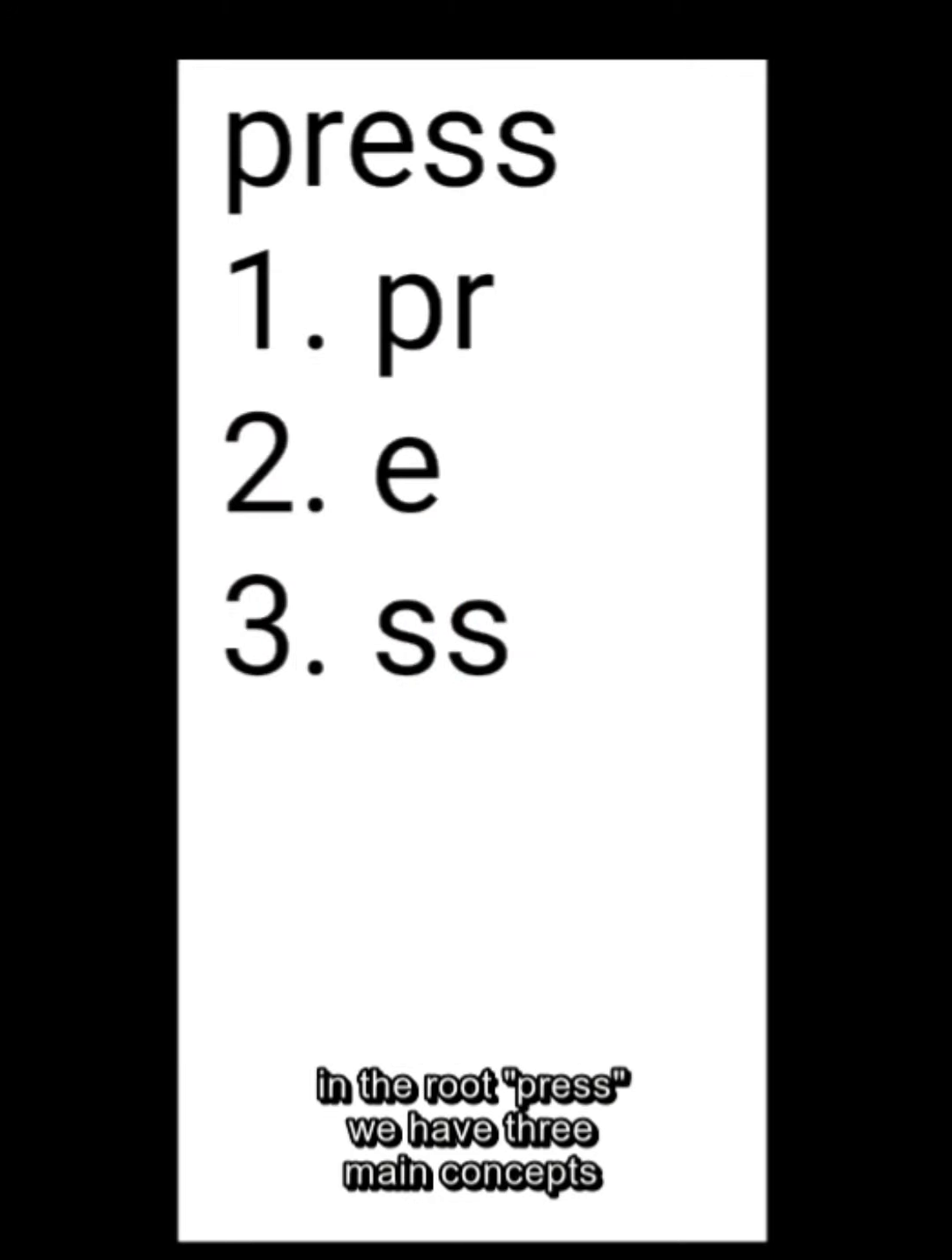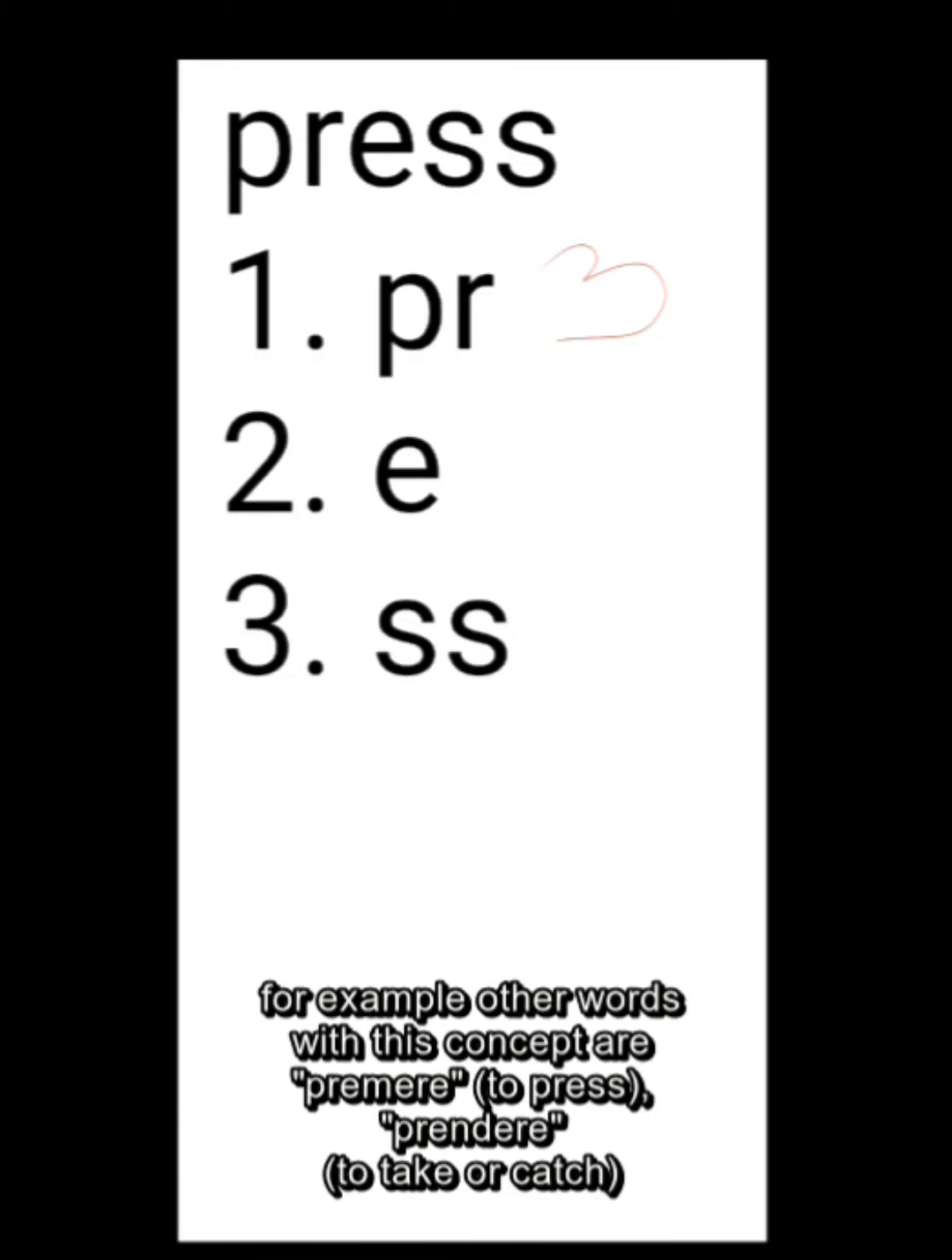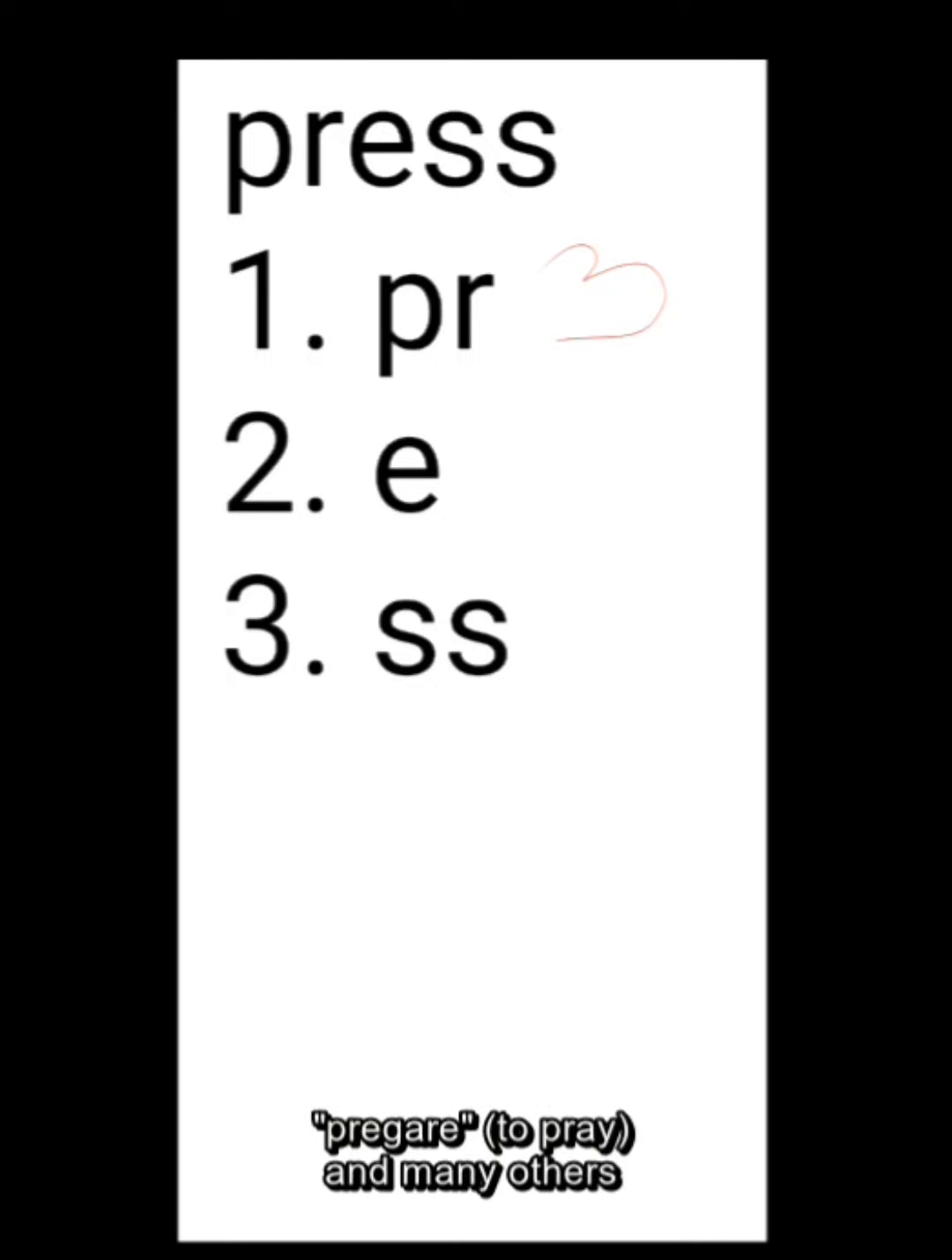In the root press, we have 3 main concepts. The first one is pr, which means using hands, an action in which we use our hands. For example, other words with this concept are premere, to press, prendere, to take or catch, pregare, to pray, and many others. The second main concept is the vowel e,